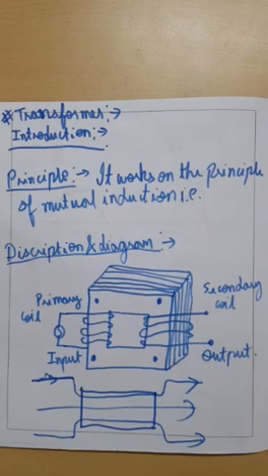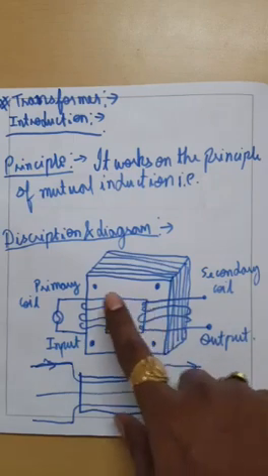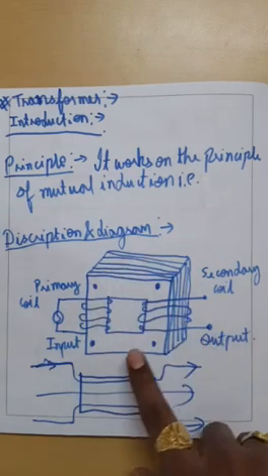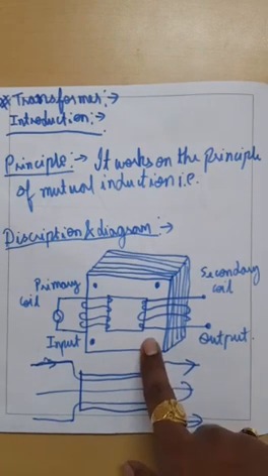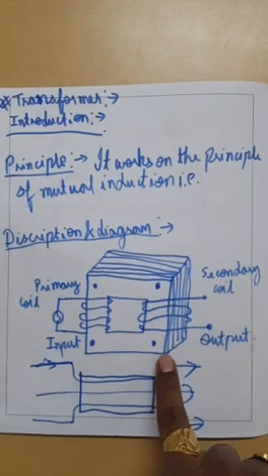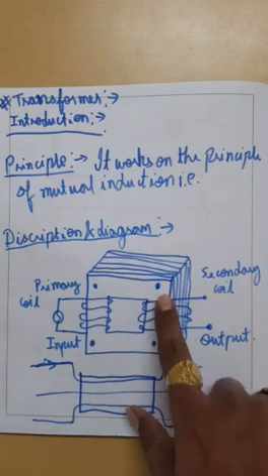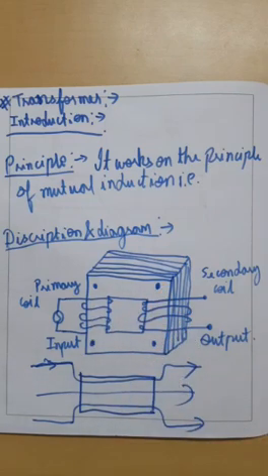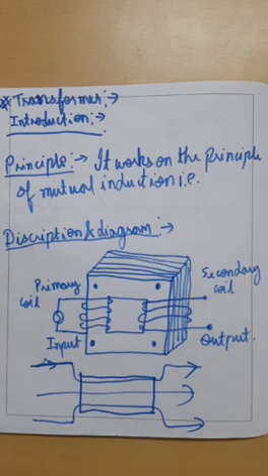Okay, now this is the description and diagram of the transformer. You have to make the diagram in such a way that it looks like we have taken several plates of a ferromagnetic soft iron core, and we have stapled all those plates together. This is just to reduce the effect of eddy current. Okay, we have taken the laminated cores, so the effect of eddy current would be reduced.